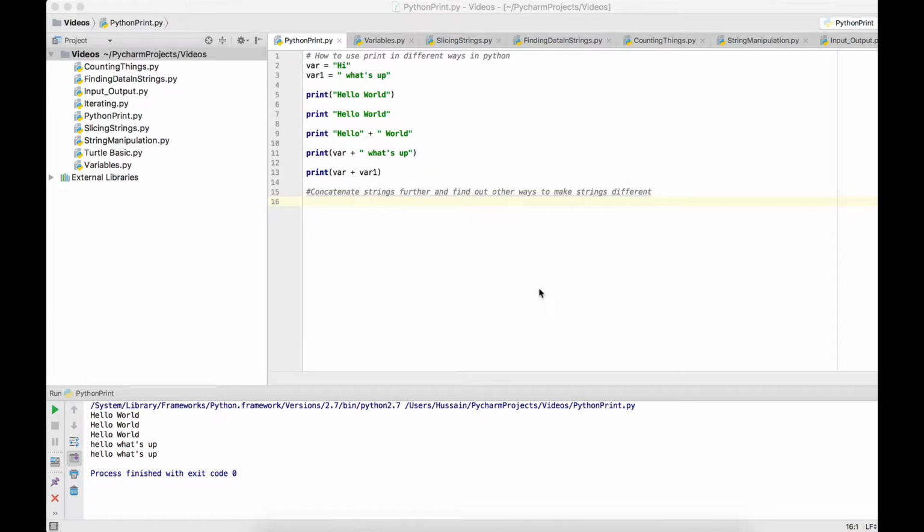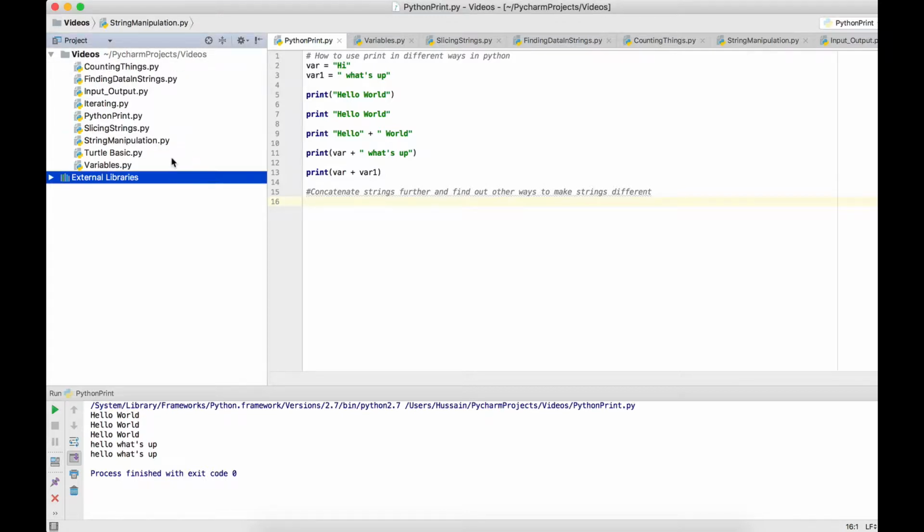Today I'm here with a video on printing in Python. So this is obviously a beginner video. I'm gonna do more advanced videos in the future. As you can see, all the files I have on the left, these are quite a lot and more are